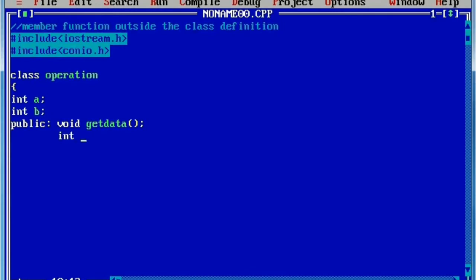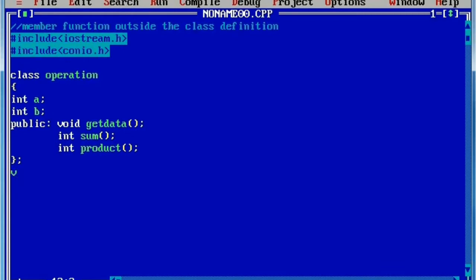Next I'm going to write int sum and one more member function, int product. Now curly closing brace and put semicolon, so that indicates termination of the class definition. Here you can see get data, sum and product, all these three are member functions terminated by semicolon because they are called declarations. Now we are going to define them outside the class definition using the scope resolution operator.